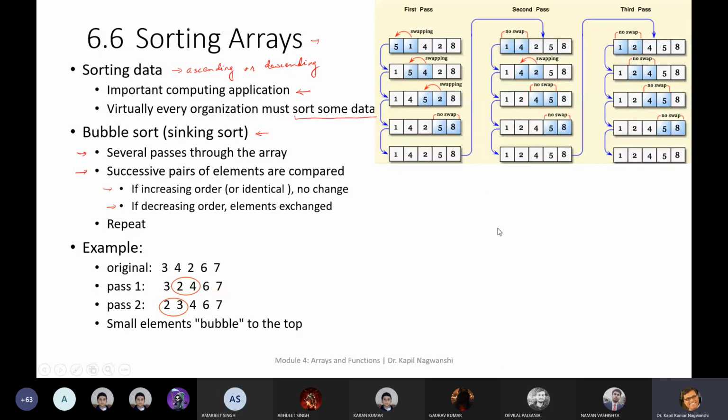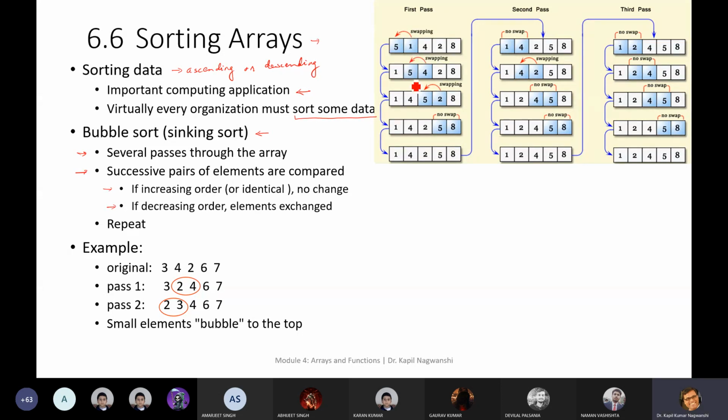Now here you can see that this is our bubble sort algorithm. Okay, what will bubble sort do? Initially, the elements are arranged, and if the second element is smaller, then it will exchange. Otherwise, it will not exchange. Okay. So like 5 is greater and 1 is smaller, so 1 is now exchanged.